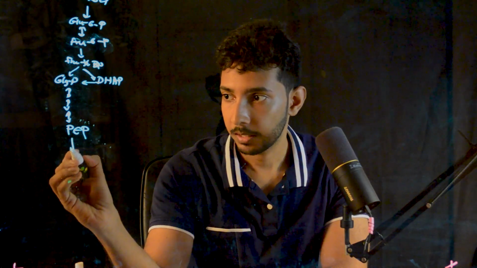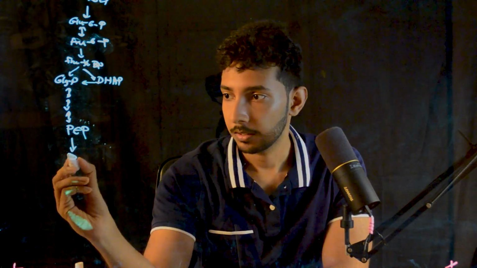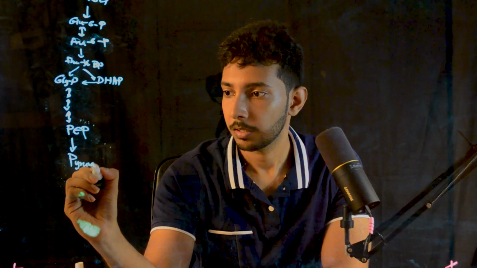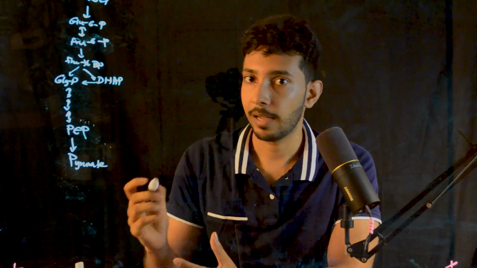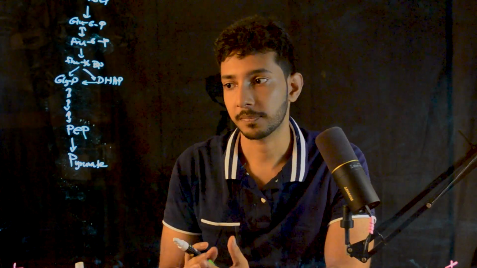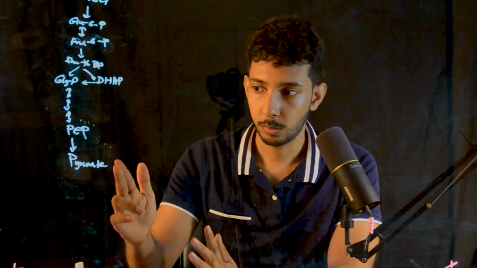So then we have phosphoenol pyruvate here, and the last step is also irreversible. Now the pyruvate has to be converted back into glucose, and for this we have to bypass these irreversible steps. And that's what we are going to do here. So first, to bypass from pyruvate to phosphoenol pyruvate,